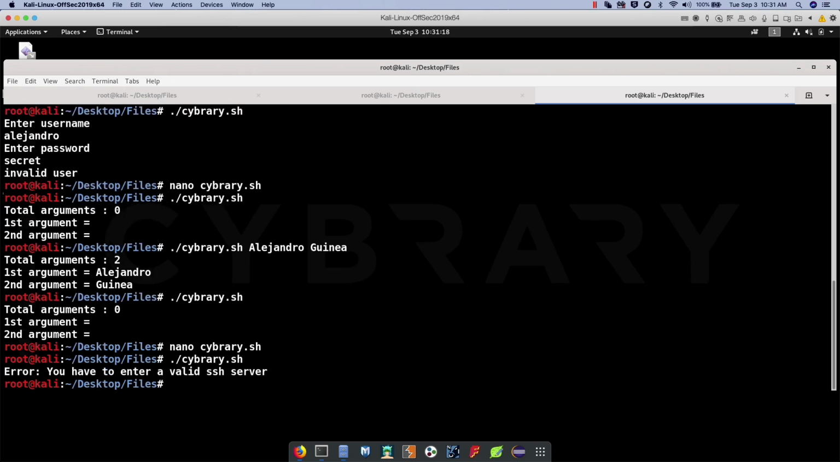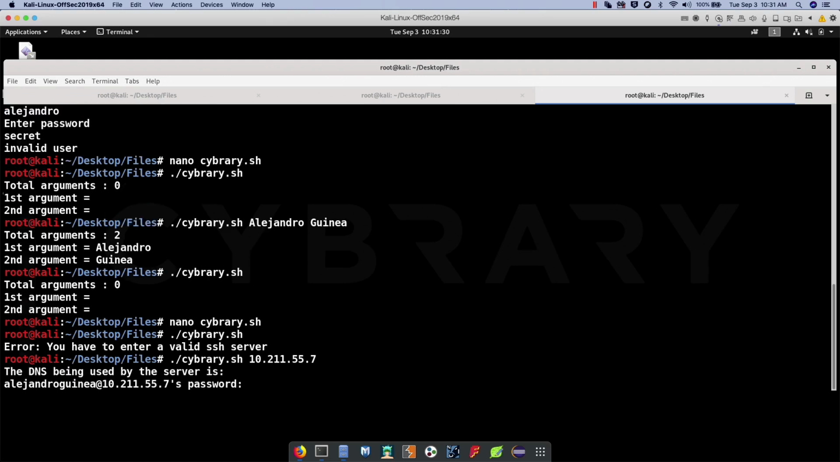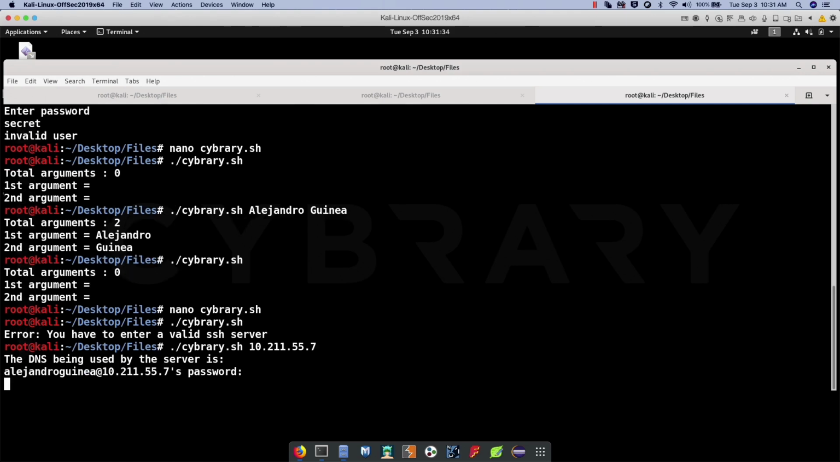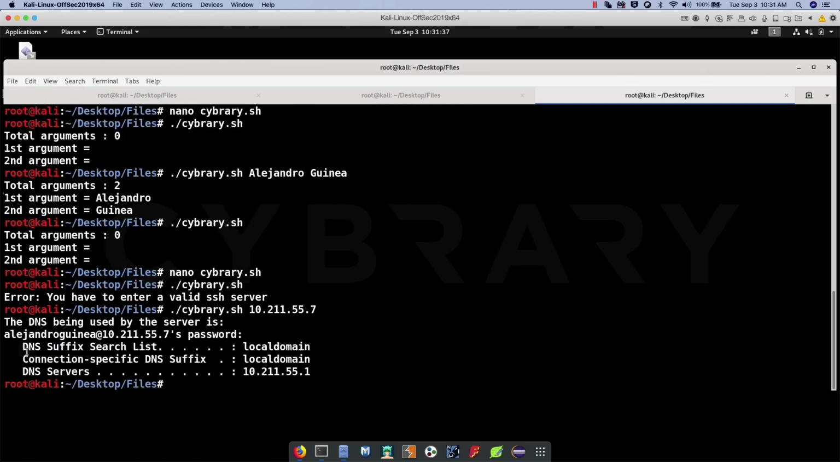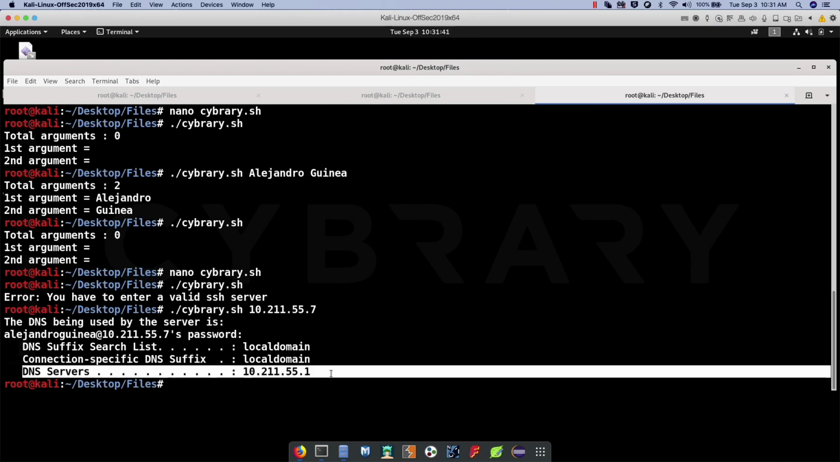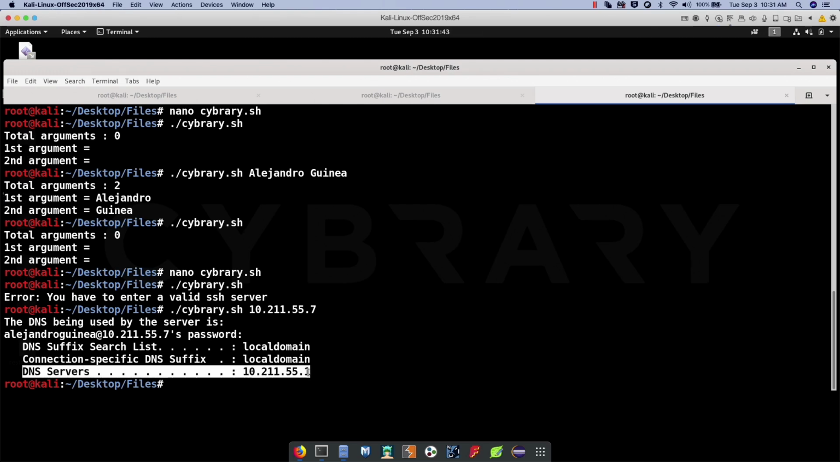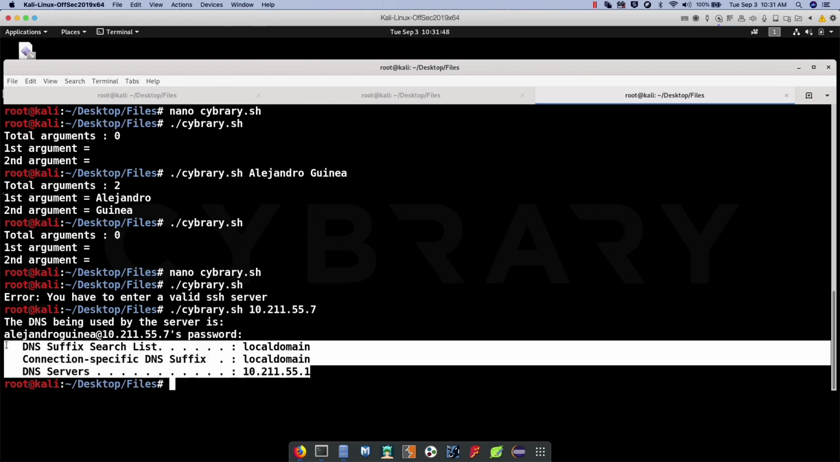SSH error. You have to enter a valid SSH server. Okay, I didn't enter one, so let's just enter the IP of my Windows server. And since SSH needs a password, I will just type the password here. Oh, there you have it. DNS suffix, connection specific DNS suffix, and DNS server. As I'm using a virtualized environment, the DNS is the hypervisor, but in other cases,